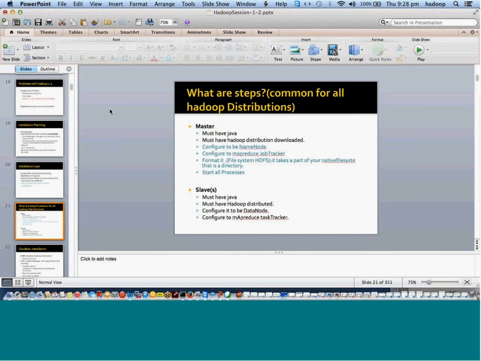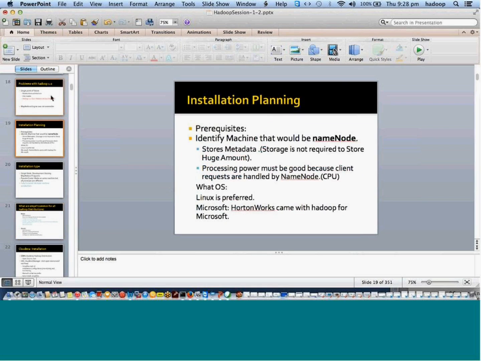Okay. Now let's talk about installation planning because I need to lead to something. You are aware, okay, you are aware about,